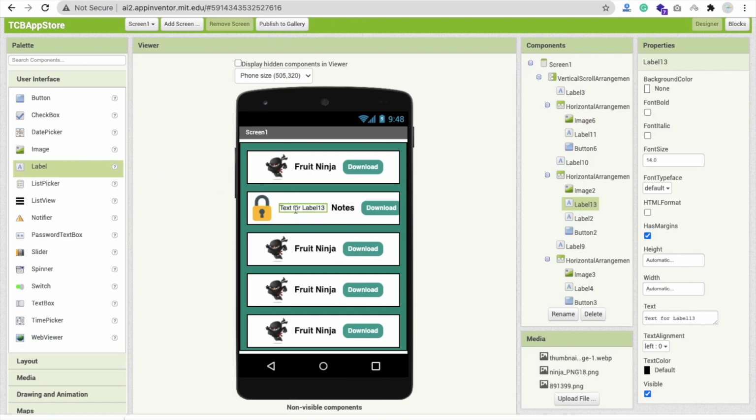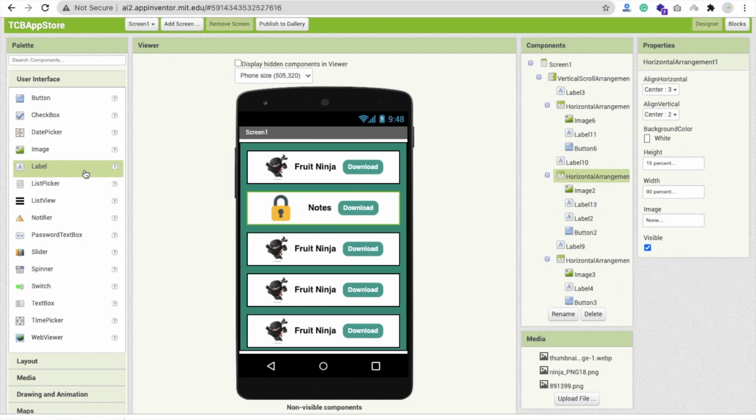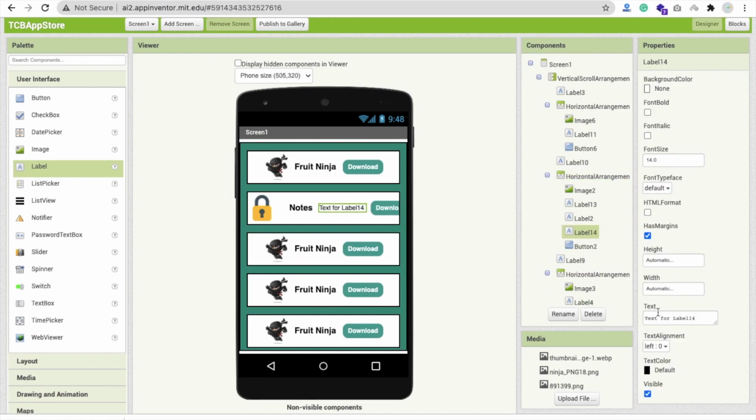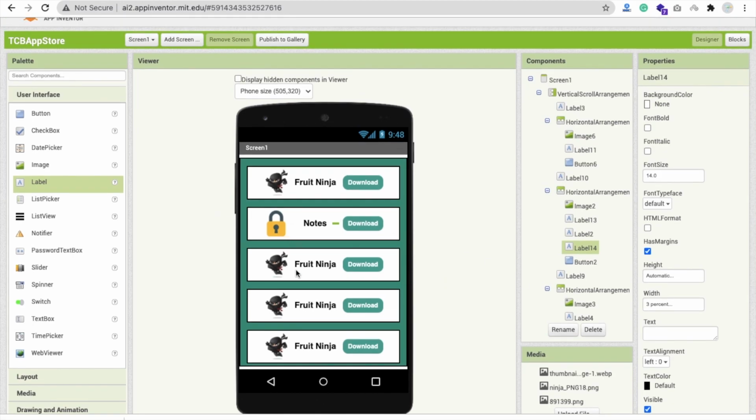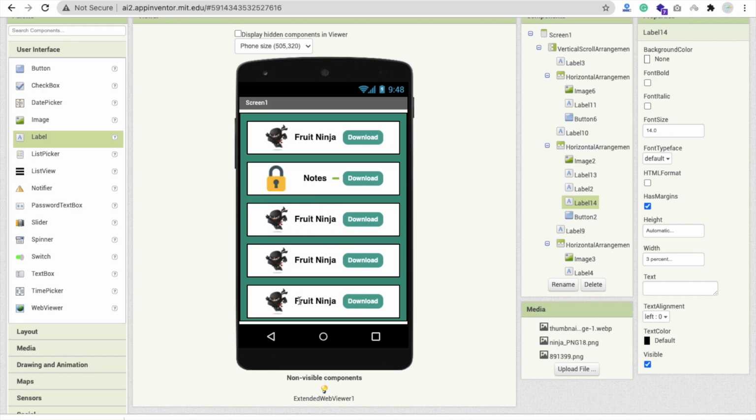You can use a label option here, and I'm going to remove the text from the label and make the width 2 or 3%, something like that. 3% is fine, but you have to make this label here also, remove this text also, and make this width 3% also. So this design will look fine. You can do this for all these layouts.